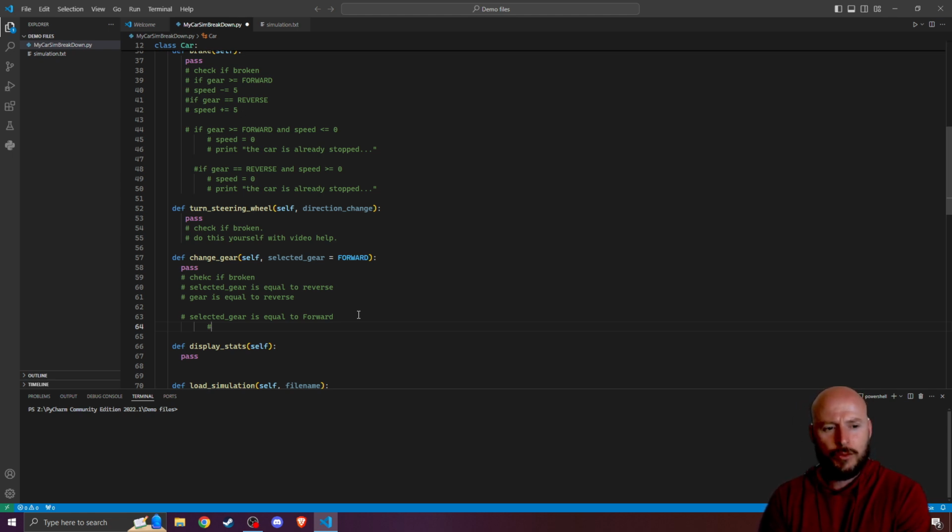All right, so if selected gear is equal to forward, now we have to start looking into the complexity of the forward gears. If we do this in the most beginner way, we do this whole thing with if statements. If speed is equal to, I can't remember. So again, guys, go and have a look at what I put the speed differentials at. What is the ratio and the differentials? I need you to go and figure that out. For now I'm going to put 5. Okay? If speed is equal to 5,